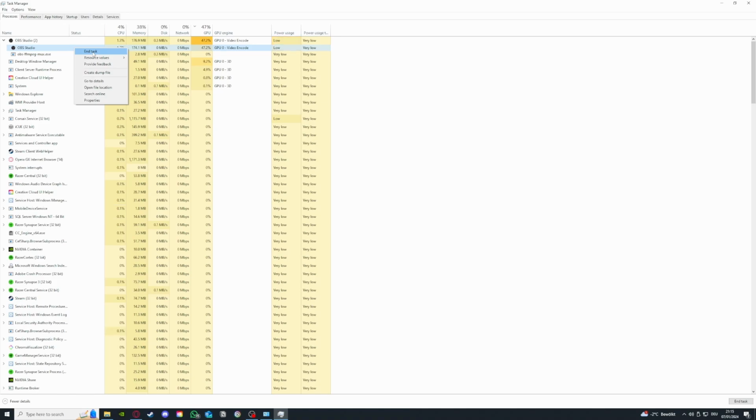If I press end task, it immediately closes the application, and it will free up a lot of GPU and CPU. In my case, especially a lot of GPU. So if you want to free up GPU or CPU, it's necessary to take a first look at the task manager,